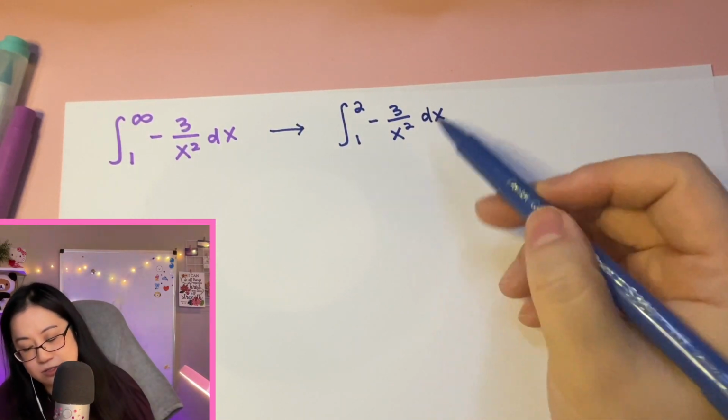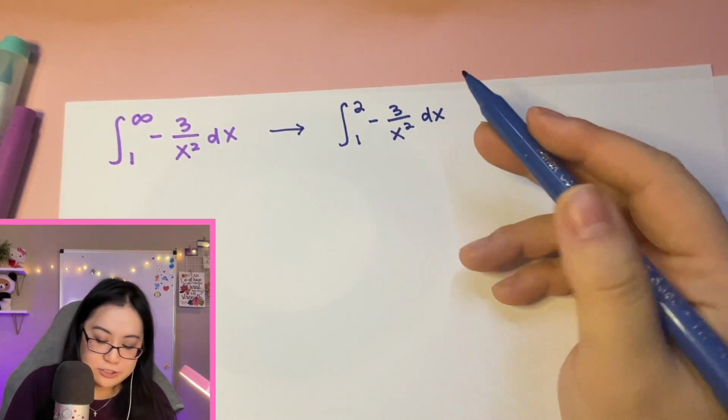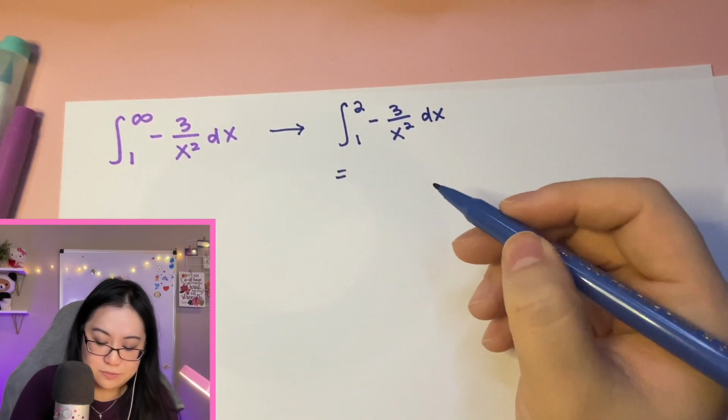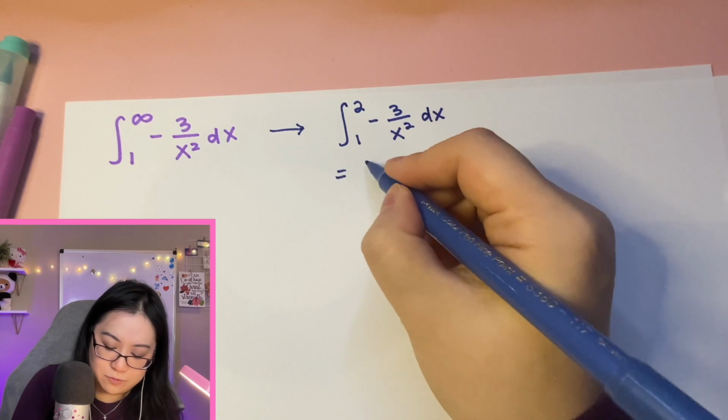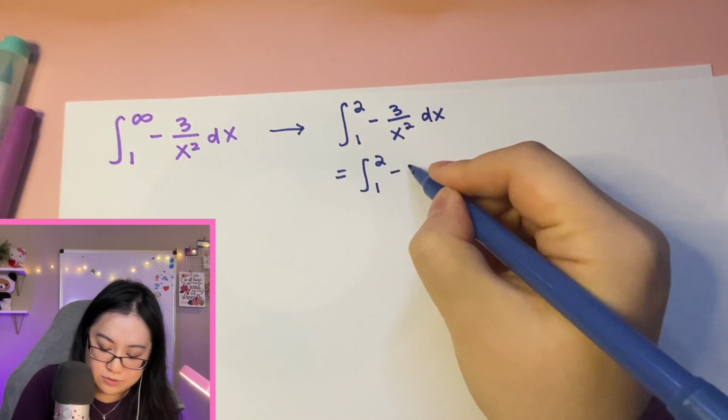If I gave you this question and you're comfortable with basic integration, you could probably solve this without too much trouble. Of course, if you need to pause and take your time, do feel free to do so, but